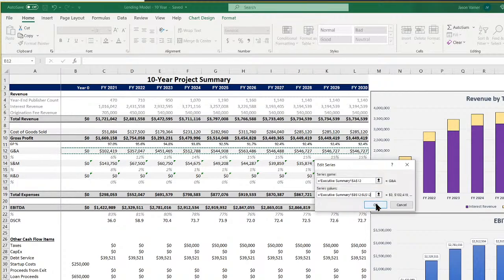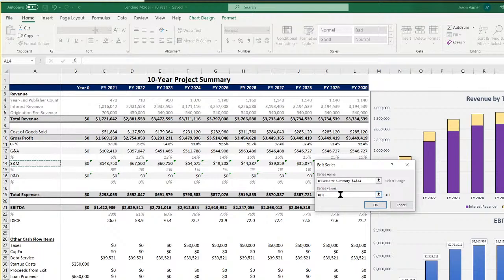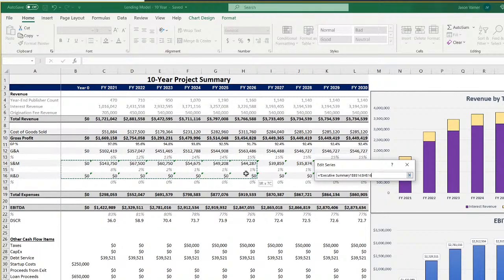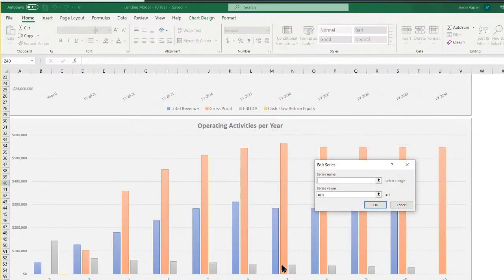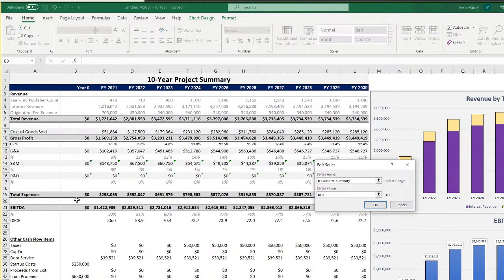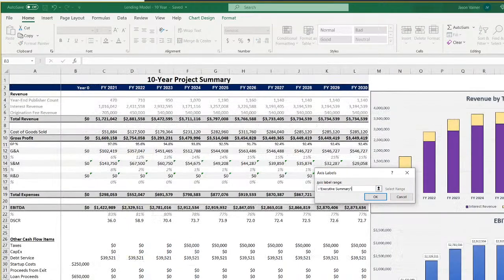We'll go G&A, sales and marketing, research and development. And I think, guys, the next model I'm going to do is something with a generic inventory